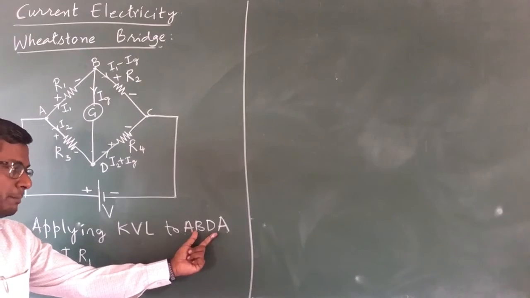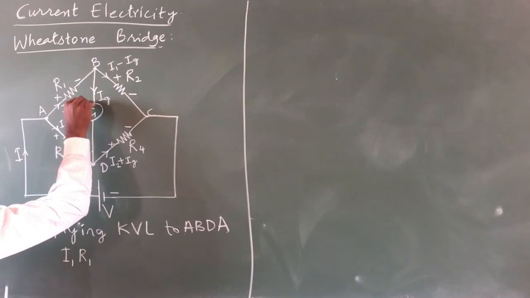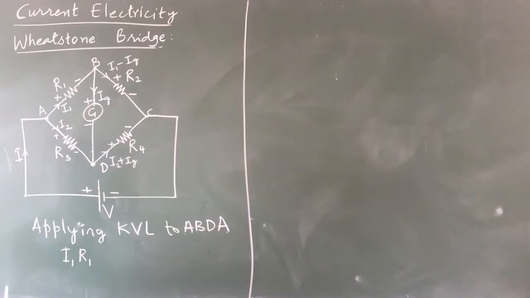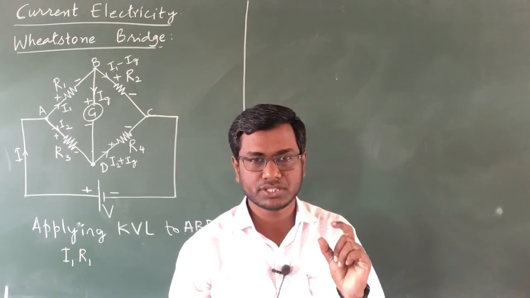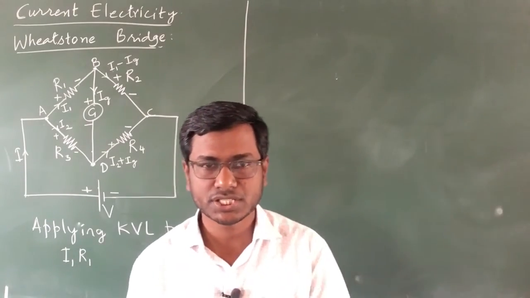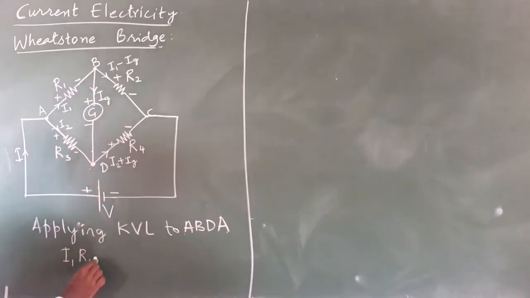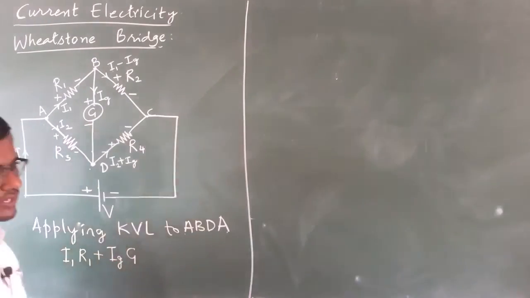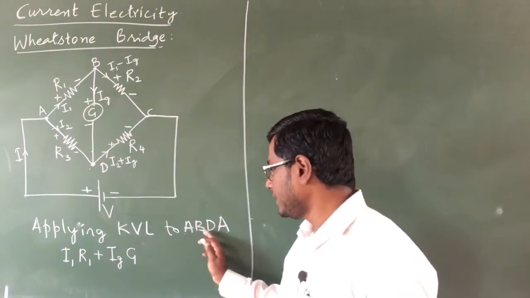Next, going from B to D, there is a current Ig flowing. Now one more thing regarding the sign convention: it will again be plus on top, minus at the bottom for the galvanometer, and that galvanometer will also have a small resistance with it, and that resistance will be labeled as G itself. So it will be going from B to D. What is the sign? It is the plus sign. What is the current there? It is Ig. And what is the resistance there? It is the resistance of the galvanometer, which is going to be written as G. So I am done with the second part, B to D.